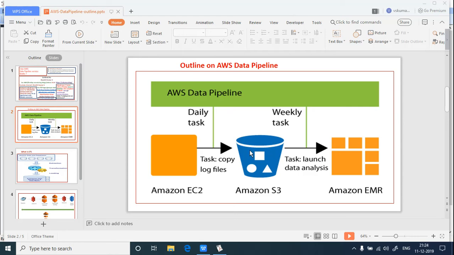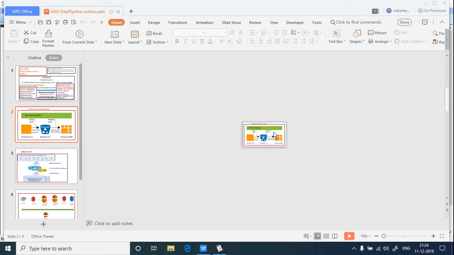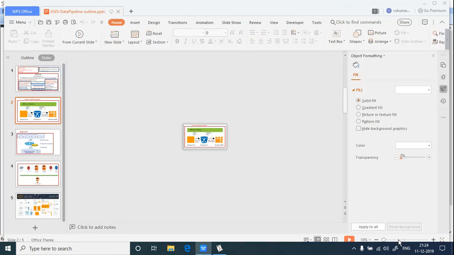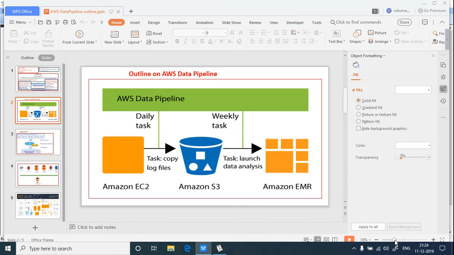Then later on it will pull those processed files into S3. Then later on, for data analysis purposes, it can push to EMR or Redshift or whatever you feel like in your projects. So this is the high level picture for Data Pipeline.